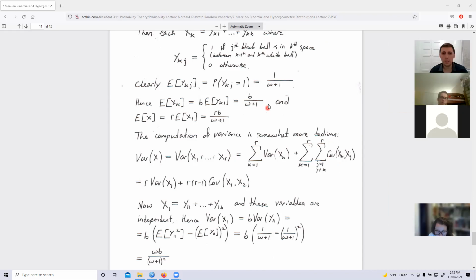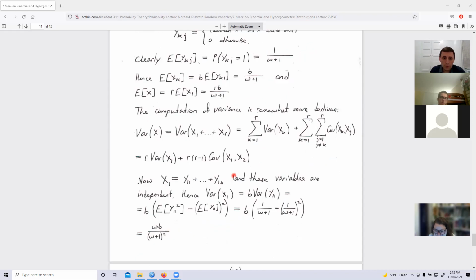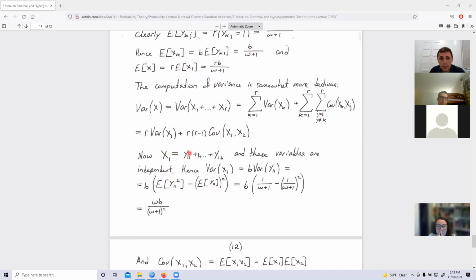So that means that the variance is r multiplied by the variance of x1 plus r times r minus 1 times the covariance of x1 and x2. That's the variance. Now, what do we need to do? Well, we know that x1 is equal to y11 all the way to y1b. So we know that, for instance, the variance of x1